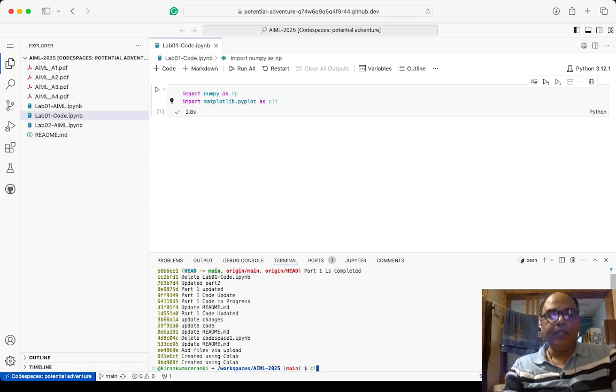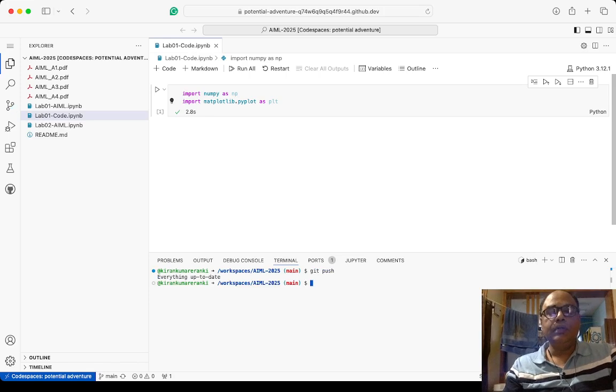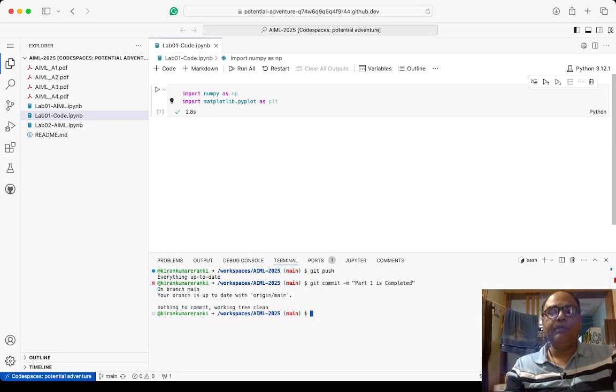Okay, so we can leave this code window. Now you can continue with the rest of the code in the same Jupyter notebook that we have created. So once you say commit, once you say push, and once you say commit with the message part 1 completed, okay, then